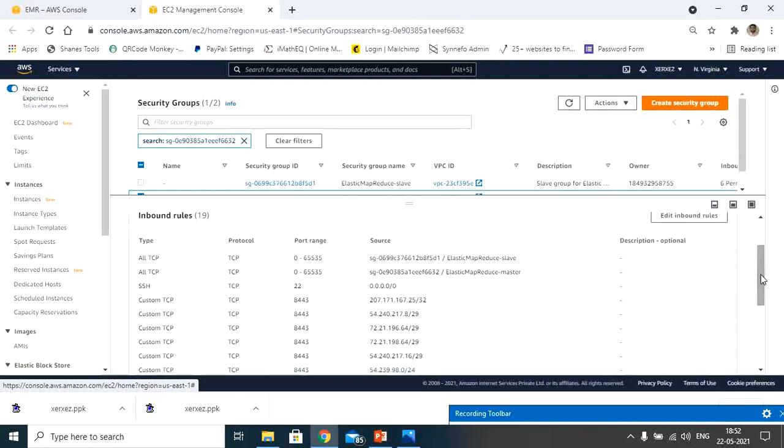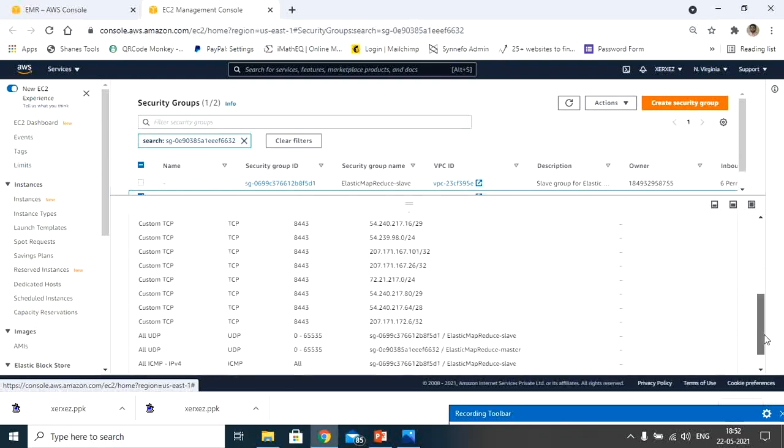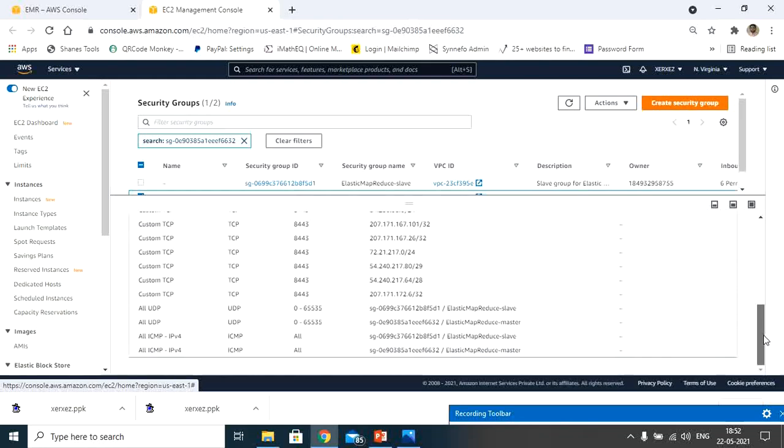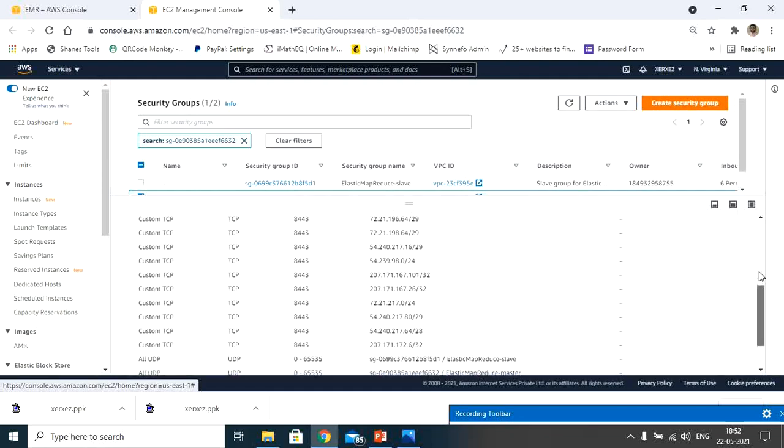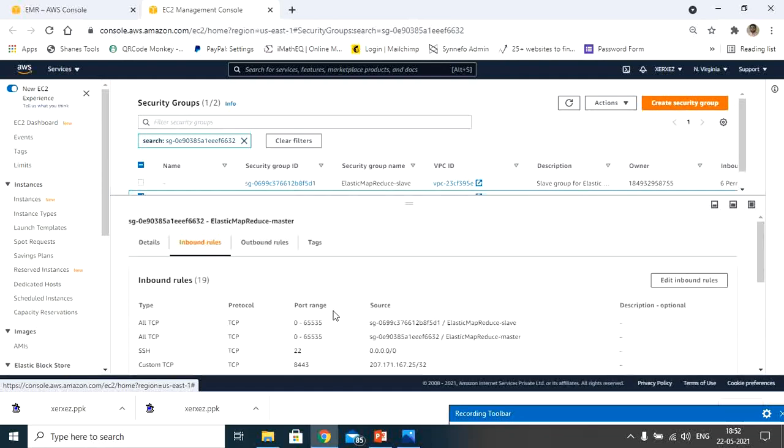You can see TCP is there, and through these ports I can access. SSH is also available, TCP 22, and 0.0.0.0/0 means you can access from anywhere. So I can access this using the PuTTY software. The rest of the rules are also available, like IPv4, UDP, ICMP IPv4. In some cases when I was trying, SSH was not available, but now by default it selects SSH also. So next, let me close this one.